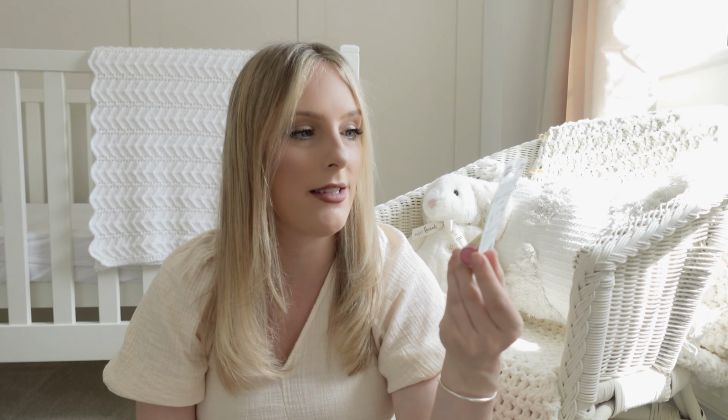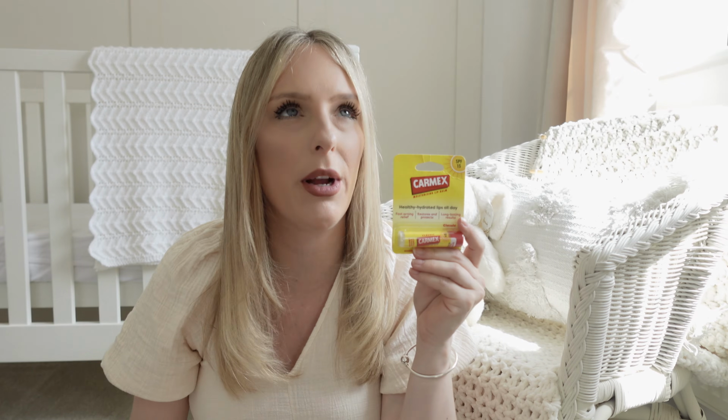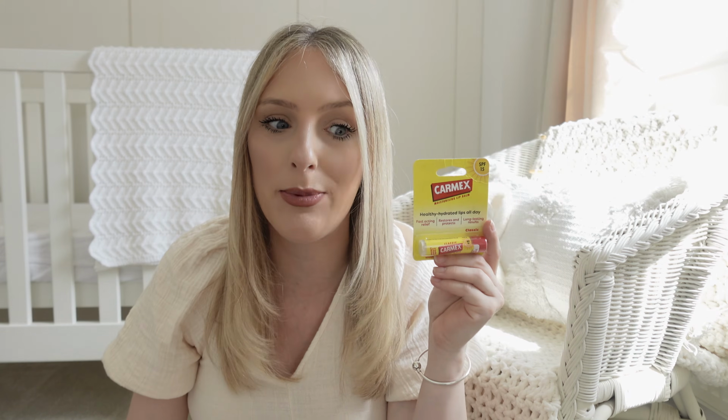I've also got Tangle Teezer, some Carmex, oh my goodness, some moisturising lip balm. When I say I wish I had this with Oliver, oh my goodness me, it was the first thing I grabbed when I was buying for my hospital bag, purely because if, like me, you are considering using gas and air,